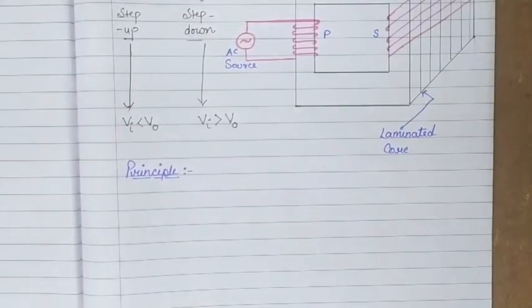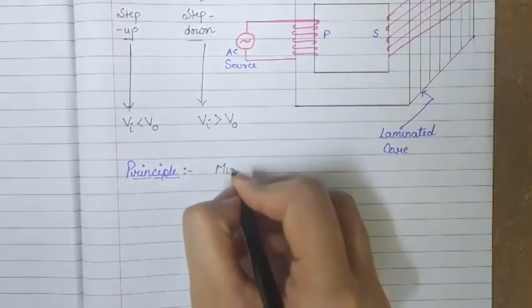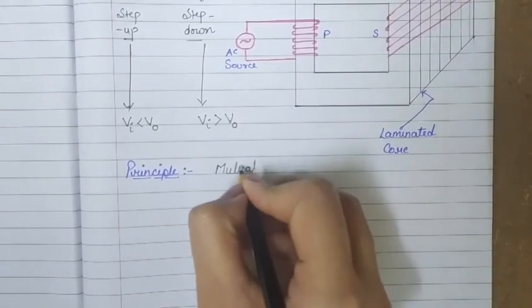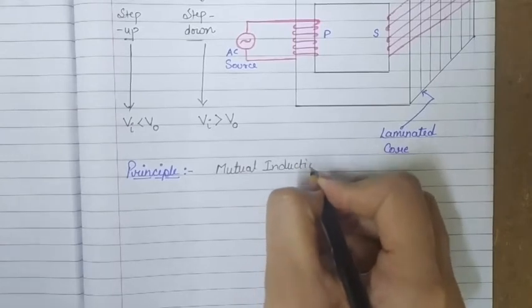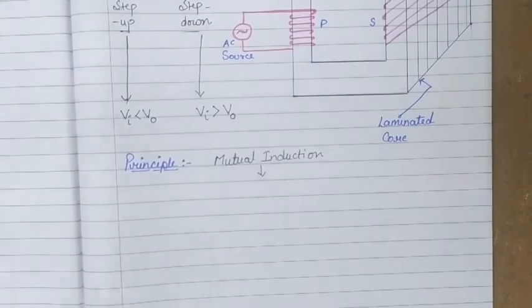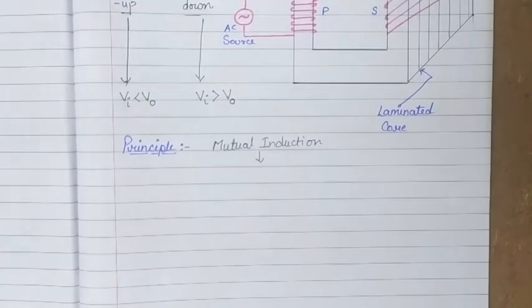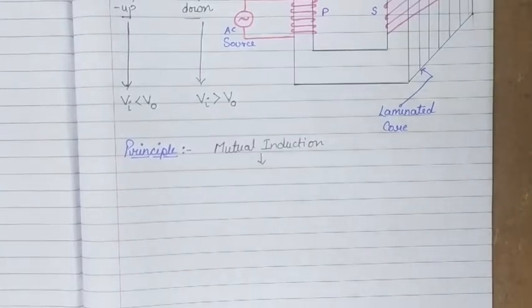The transformer is an electric device which works on the principle of mutual induction. So in one word, it works on the principle of mutual induction. Now if we have to state it completely, then it will be whenever a changing current is passed through one of the two inductively coupled coils, an induced EMF is set up in the other coil, and that is the mutual induction. What is the phenomena of mutual induction?